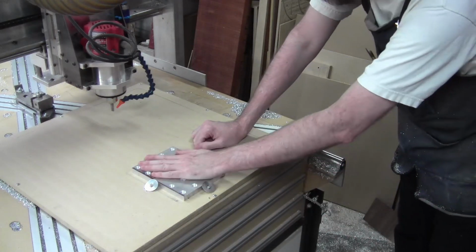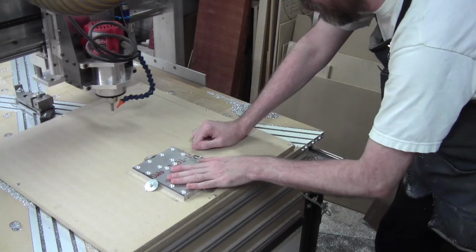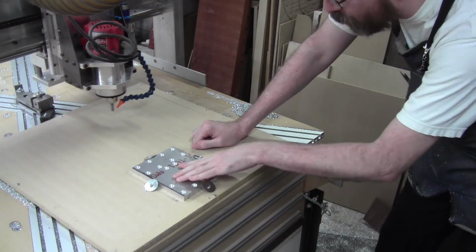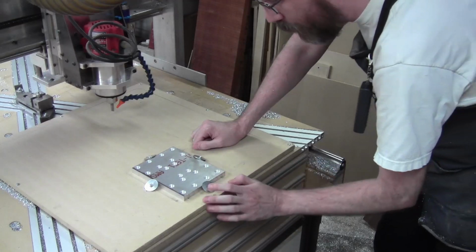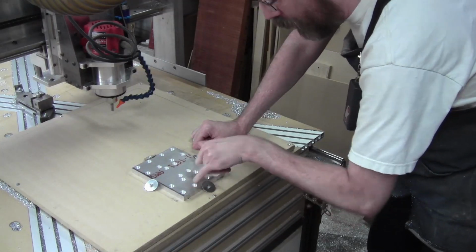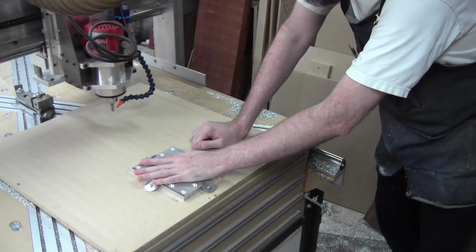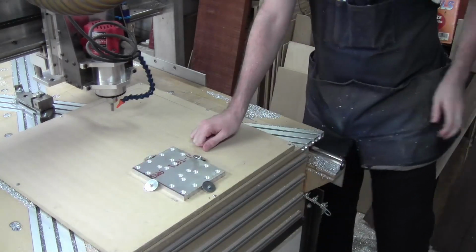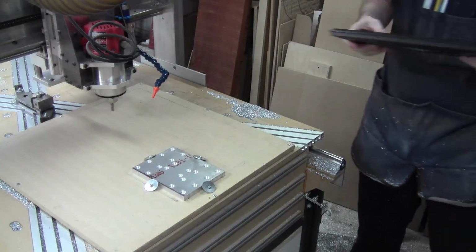So I'm thinking part of that might have just been because I had the speed up so high, because I wanted to baby the cutting edge and the machine, because it's not rigid enough for a heavy chip load. So I think speed helped a lot, and the air blast kept the chips out. So what I'm going to do is bring the air blast over to give the part a cooling down,